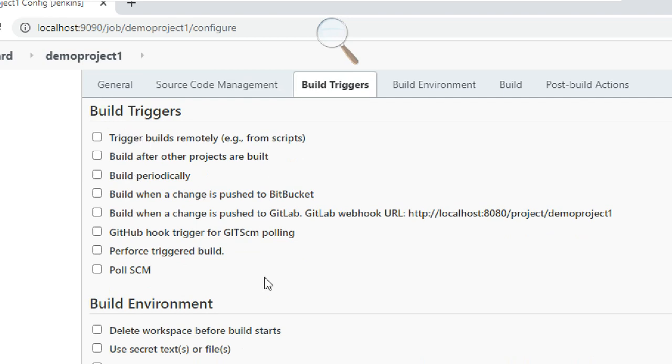Build triggers. Whenever something happens, like changes occur in the source code, or a periodic build, or a build after other projects are built. Trigger builds remotely, like when some remote build happens, you can put the script and based on that it will happen.